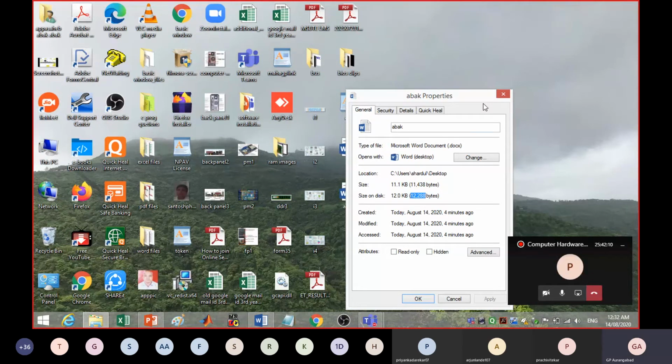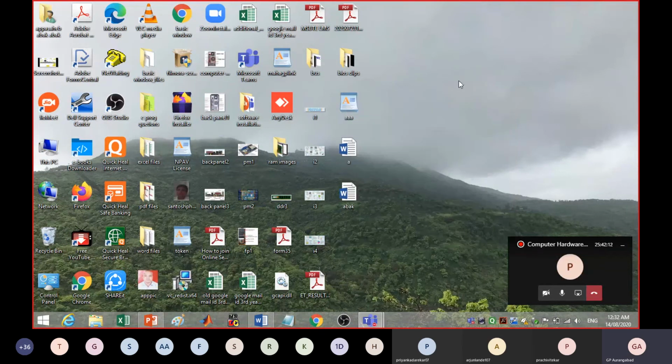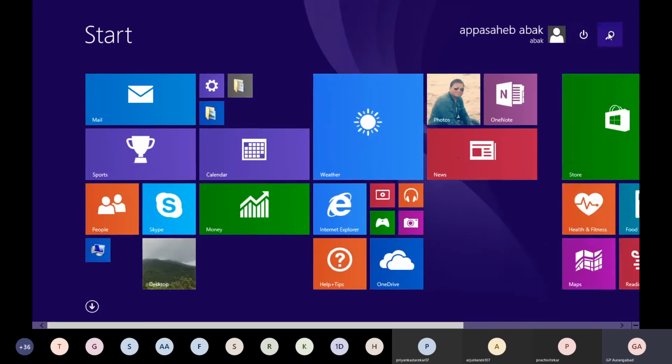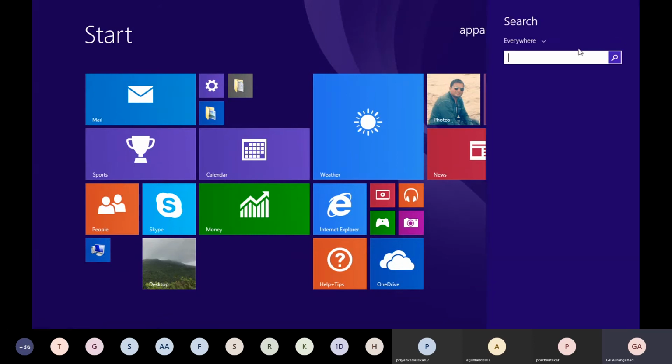Now the last part that I wanted to show you is how to use your disk management features. Let me search for disk management.